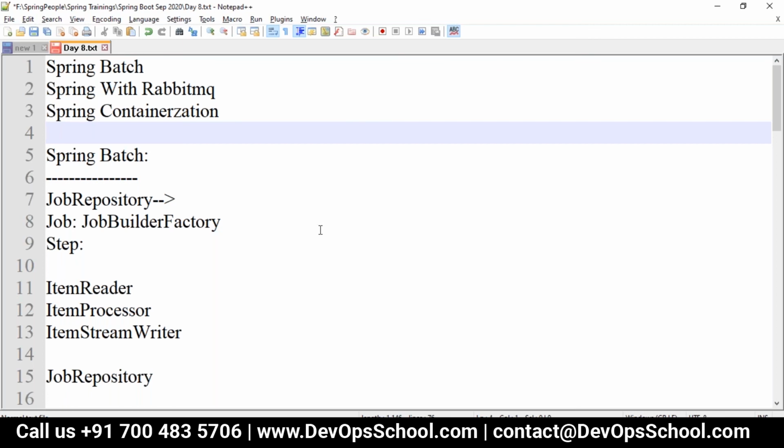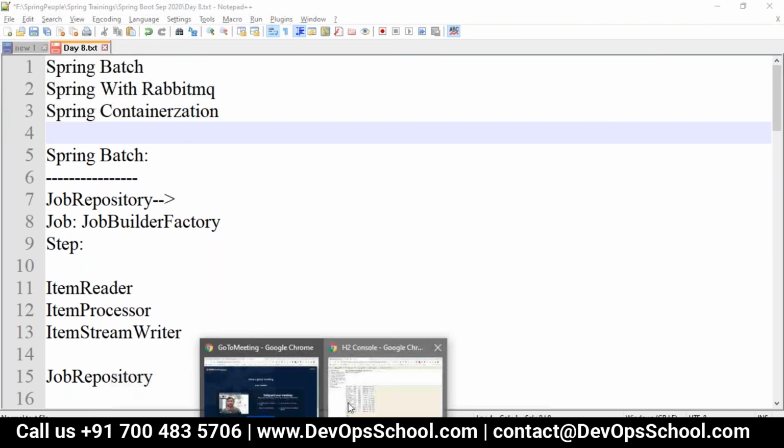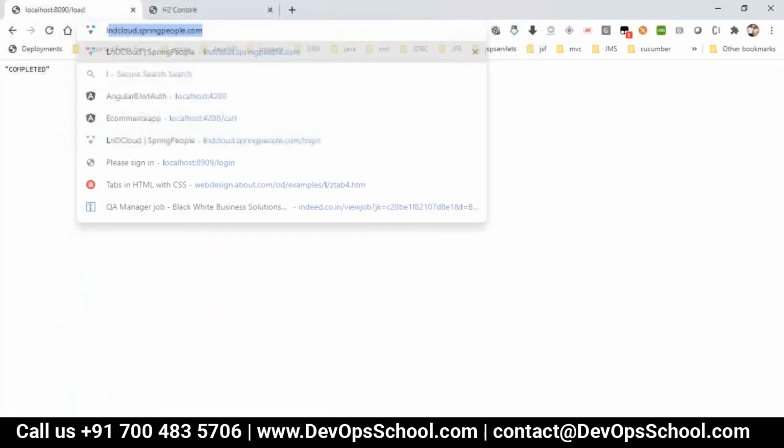The message can be prepared and sent to the queue. For that you require the RabbitMQ dependency, where RabbitMQ is built on top of Erlang.